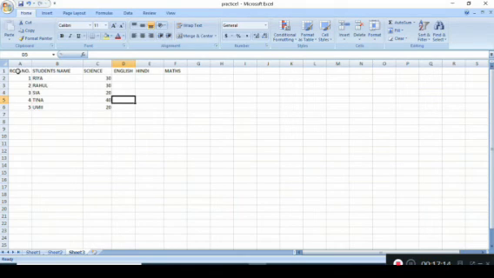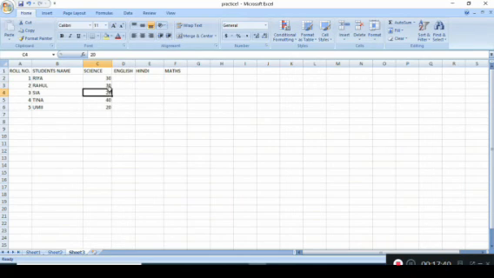Now, next topic is moving around in the worksheet. Moving around means to move around the worksheet. वर्कशीट में कहीं पर भी आपको अगर मूव करना है या आपको जाना है, so how will you go? The easiest method is to use the mouse and put the cursor in that particular cell where you want to write down the data.